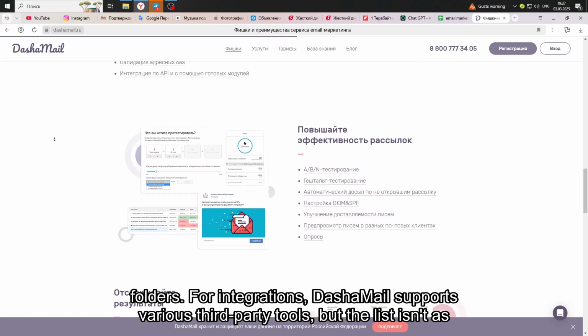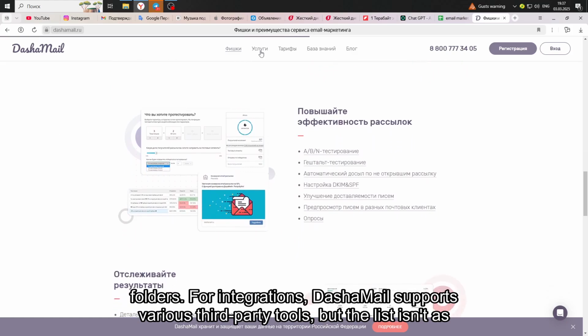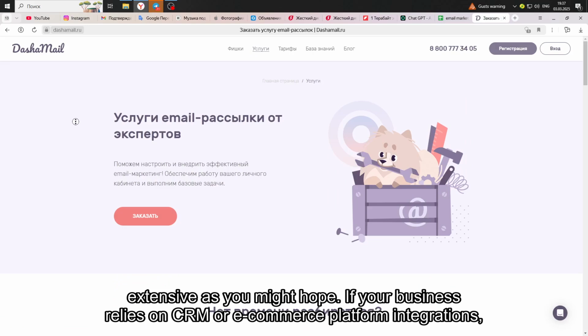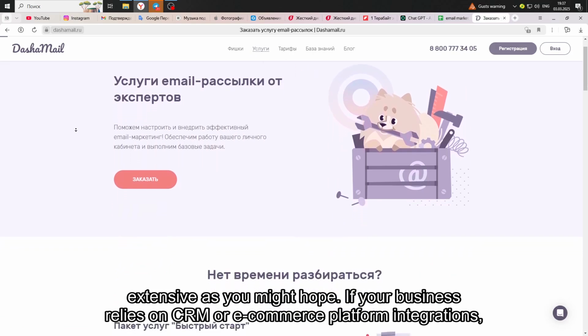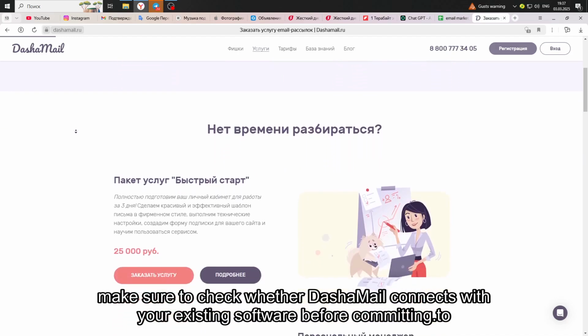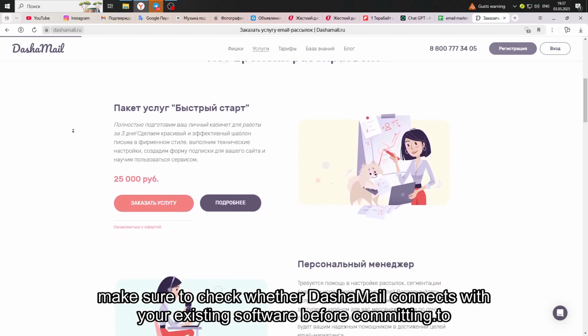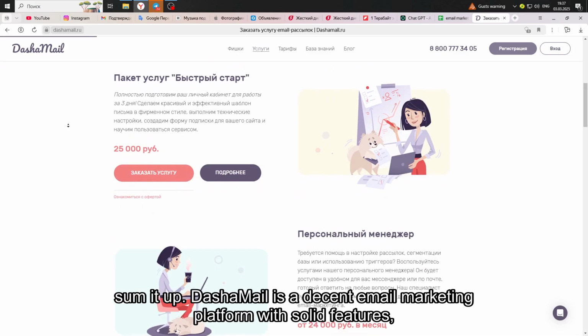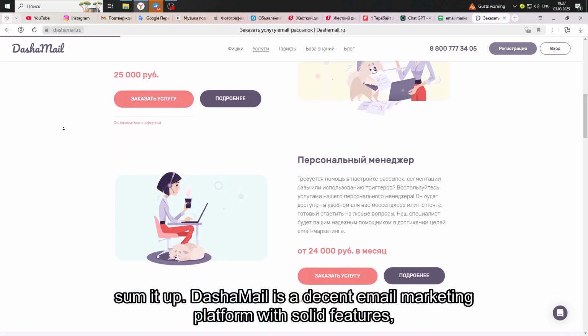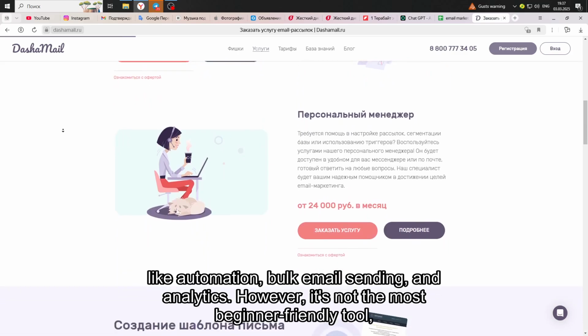For integrations, DashaMail supports various third-party tools, but the list isn't as extensive as you might hope. If your business relies on CRM or e-commerce platform integrations, make sure to check whether DashaMail connects with your existing software before committing. To sum it up, DashaMail is a decent email marketing platform with solid features like automation, bulk